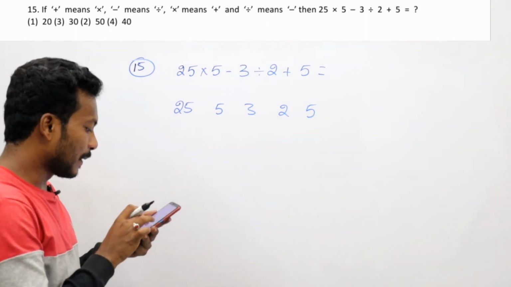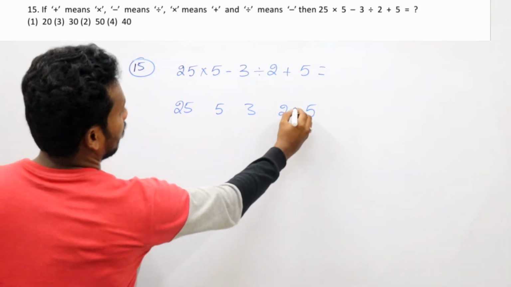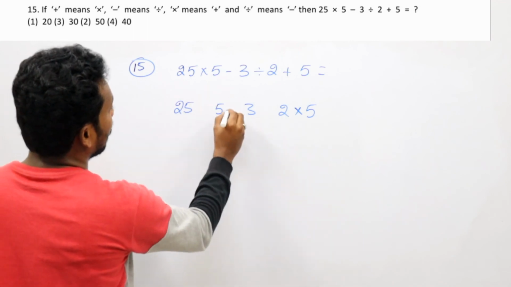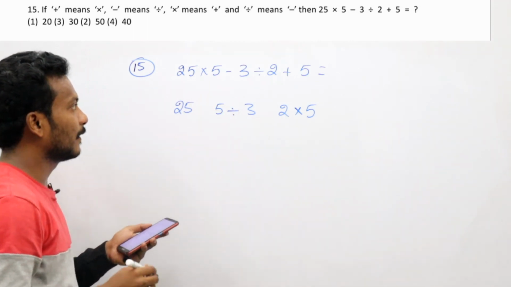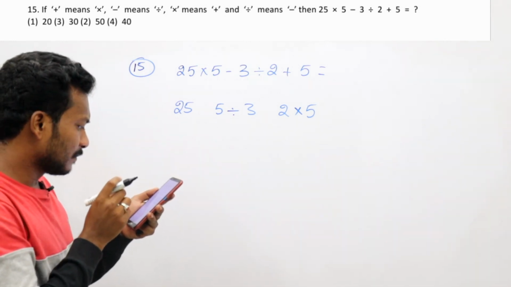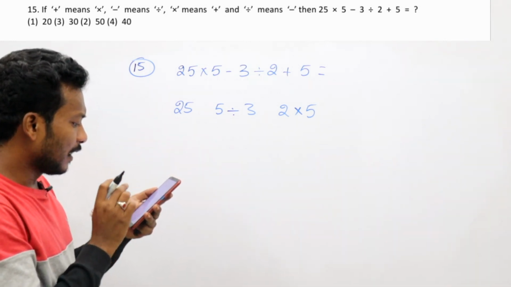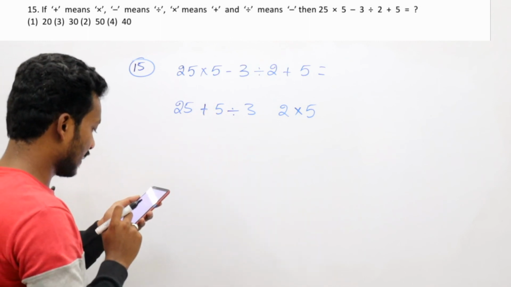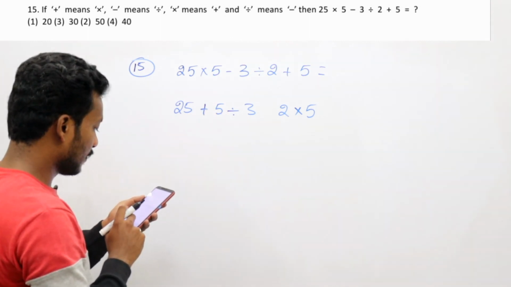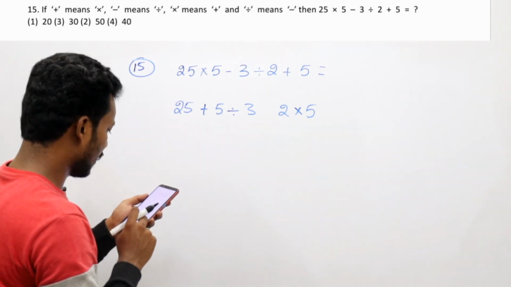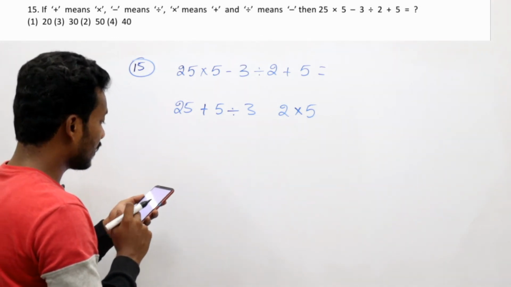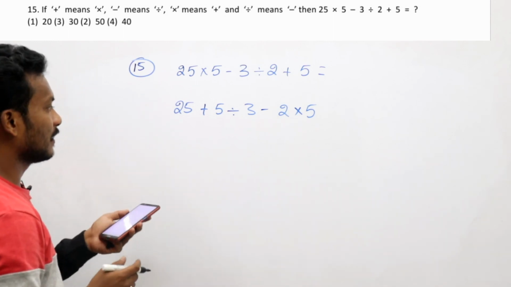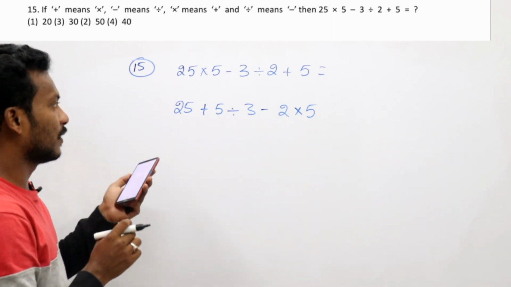Okay, first one is plus means into. Where is the plus here? Plus means into, and then minus means division. Minus here, that is division. Okay, minus means division, into means plus. And then the last one, division is there again. Division means minus. For this type of question, we need an answer. What is the answer?